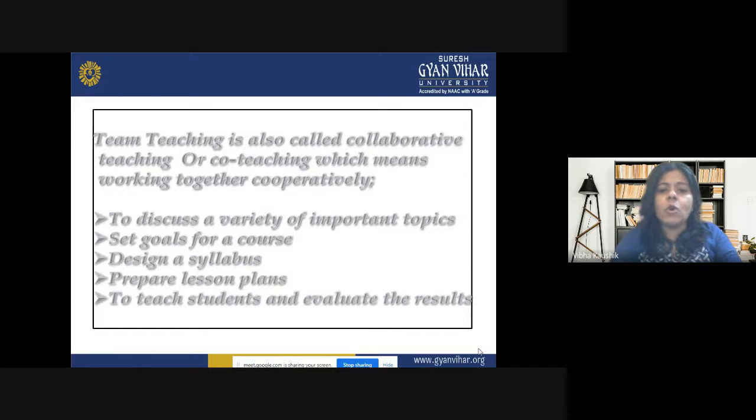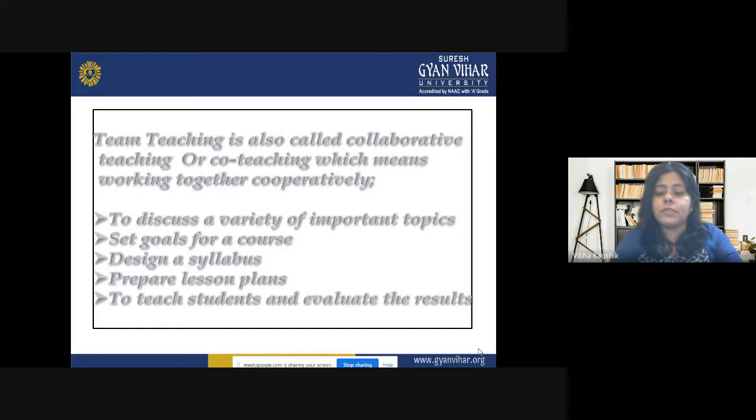Team teaching is also called collaborative teaching or co-teaching, which means working together cooperatively to discuss a variety of important topics. Means through team teaching, a teacher discusses a various number of important topics with the students, sets different goals for a particular course, designs a syllabus, prepares lesson plans to teach students